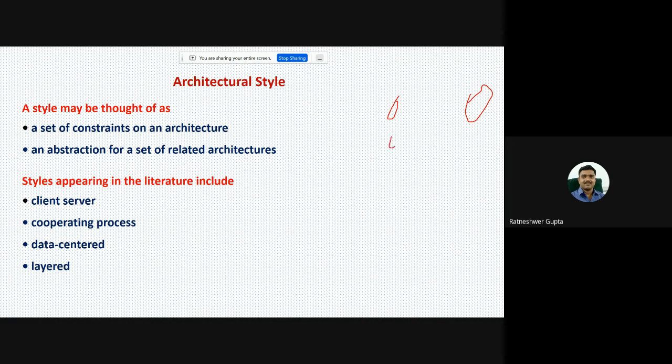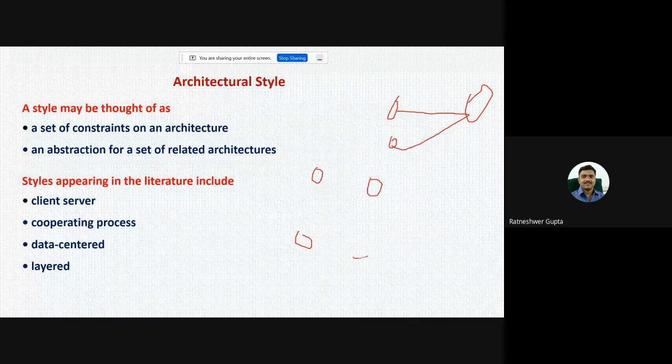If we require a client-server architecture, then we will have this type of architecture. There are cooperating processes, where we have one process and another process, and all these processes cooperate with each other. That is one possibility for the architecture.